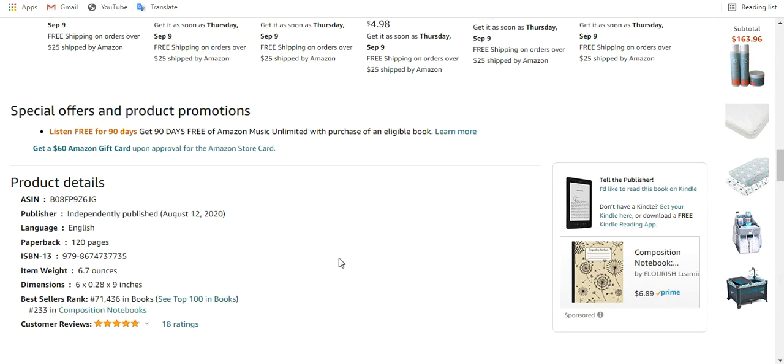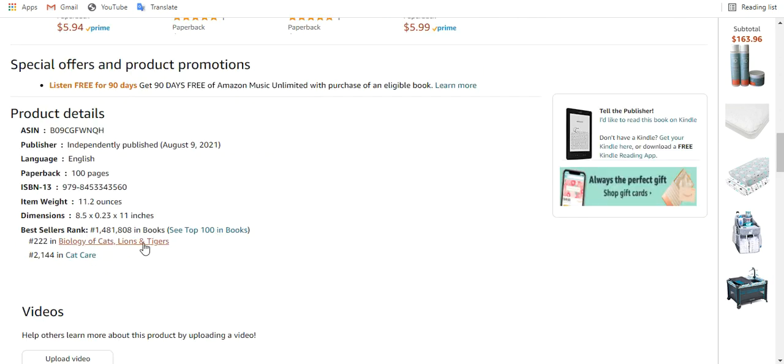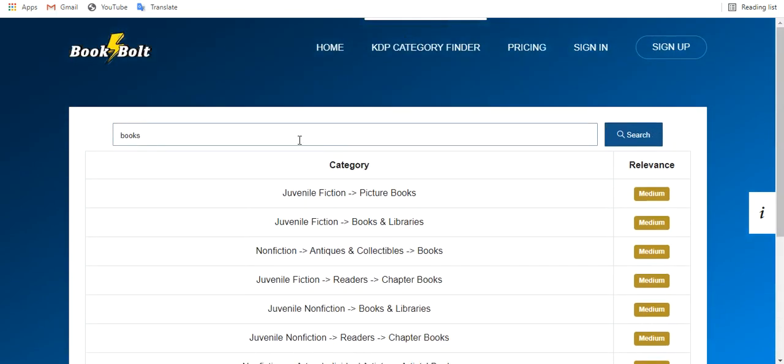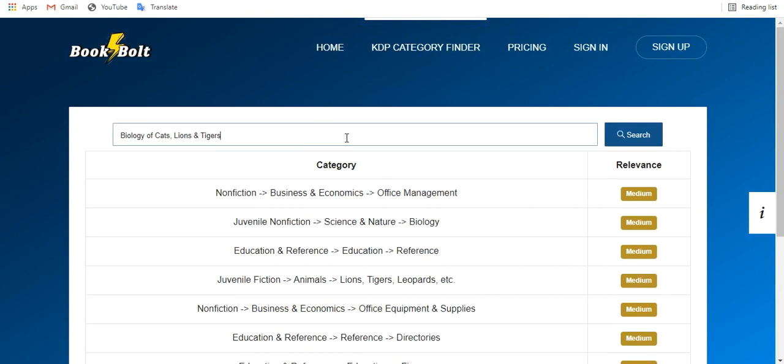All right. This is just ranked in books. All right, let's see what's alone. We're going to look for biology of cats, lions, and tigers. I do a reverse search so that I can have basically